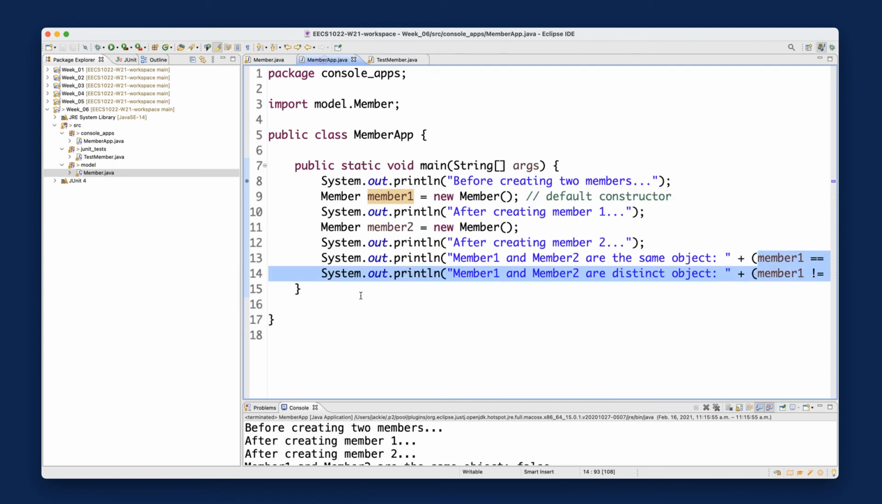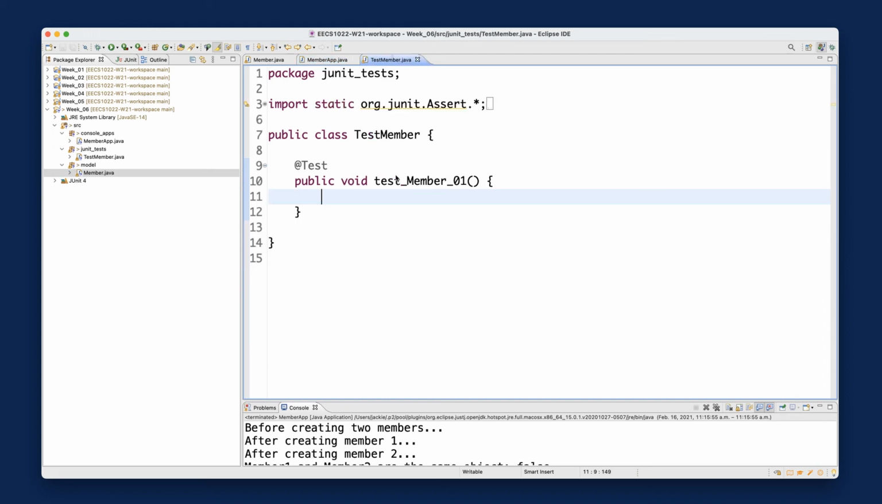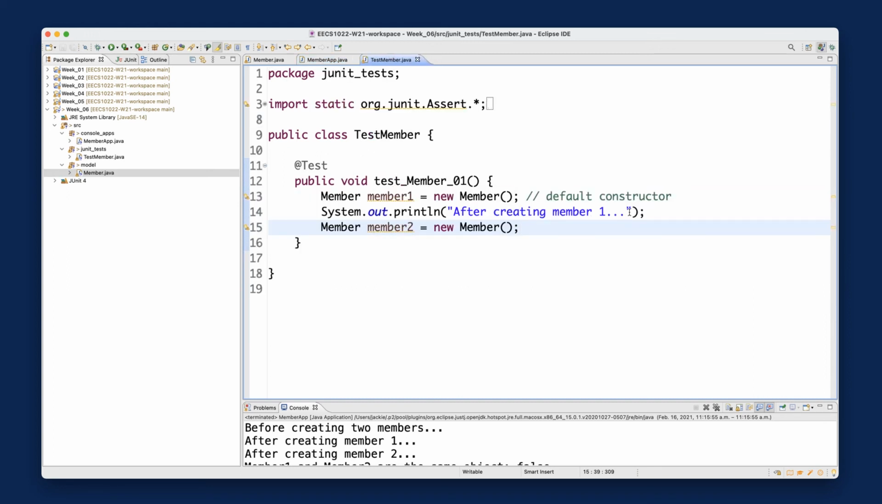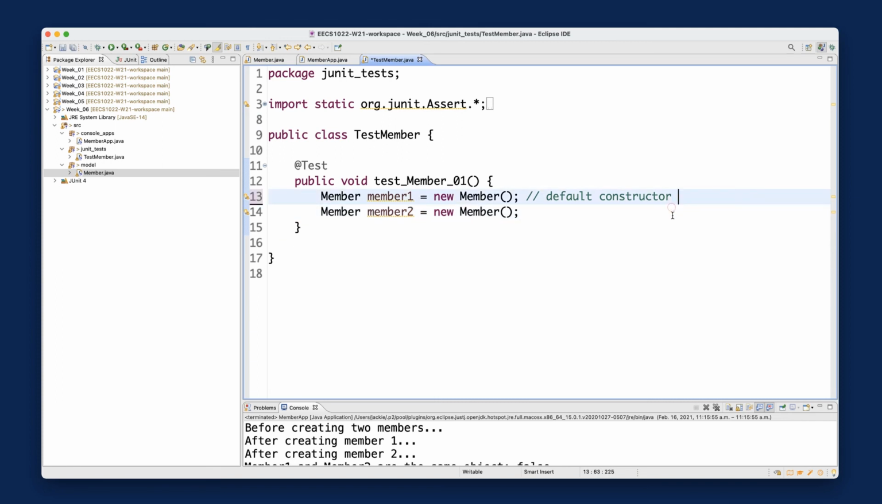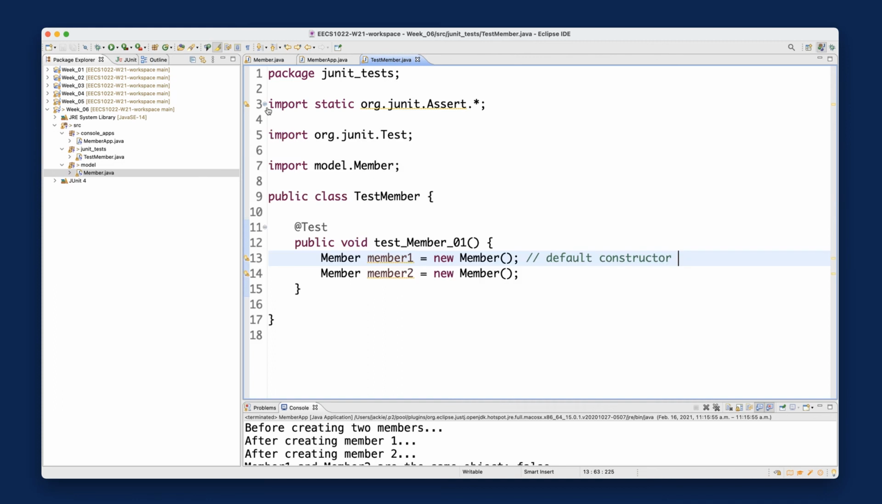Let's go back here, and I can simply copy these two lines. That's what I need. I'm going to get rid of the system out print line later. So let me go back to test member here, and then simply paste. I'm going to get rid of this middle line over here. As soon as I copy and paste, you can see it will automatically import model.member as before,